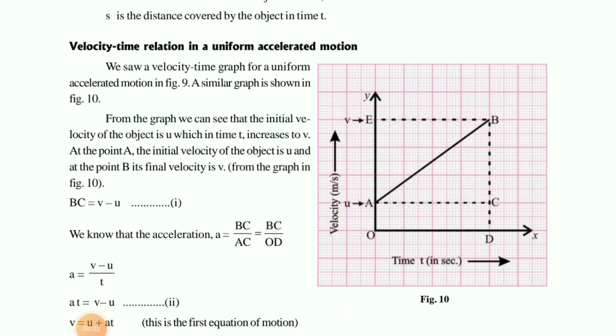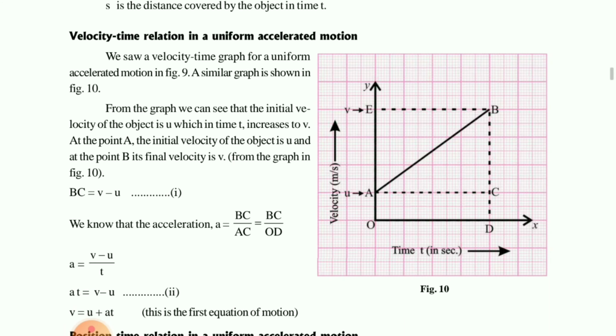See children, this is a graph. That graph we had plotted between the velocity and time. Okay children. And in this graph also you can see how we had coordinated with the previous activity. One rectangle is there and one triangle is there. So on the basis of that same logic, we will calculate the laws of motion.